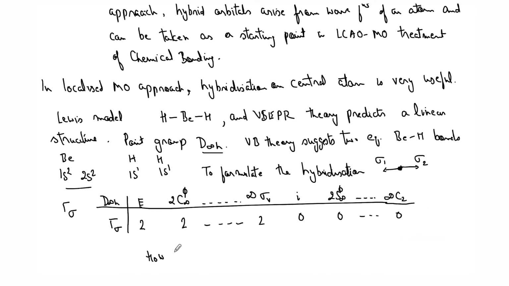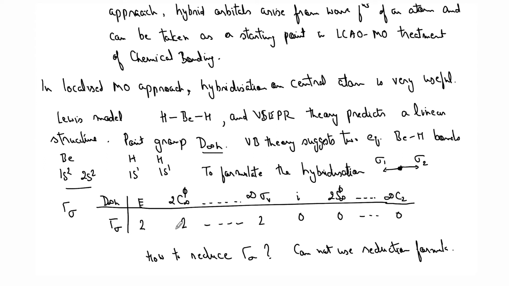How to reduce tau sigma? Now you cannot use the reduction formula. Why can you not use it? Remember that in the reduction formula, we have to actually see the calculations for all symmetry operations. We cannot list all symmetry operations, so it will not be possible to use it.